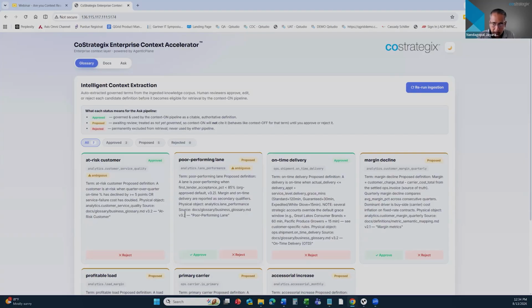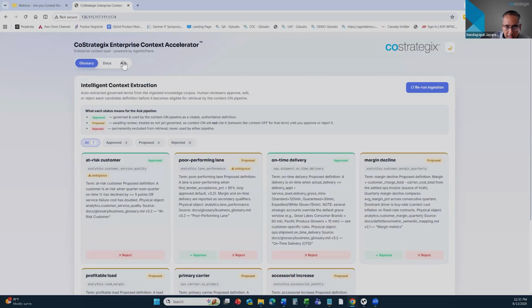Then again, on-time delivery and all of this, and as a governance professional on your team, you can approve it. You can work with the business stakeholders and verify that what it's finding is okay or not, and you can reject it. A little workflow just in this demo, but in reality, that might play out differently, right? That might be a lot of the setup work that we would do to get this up and going.